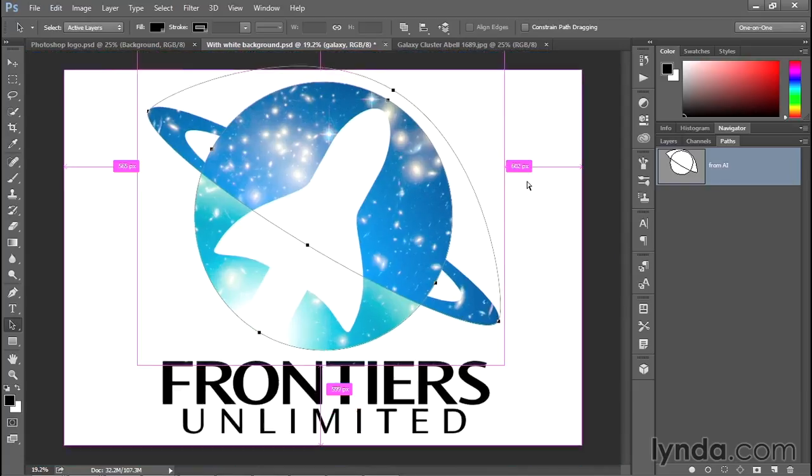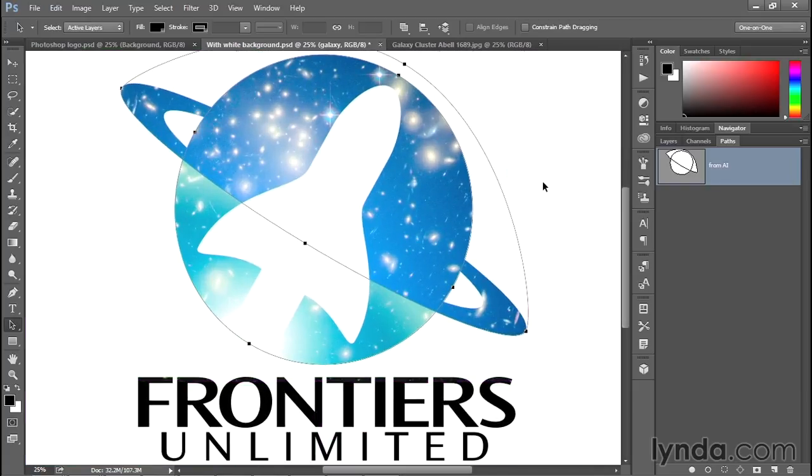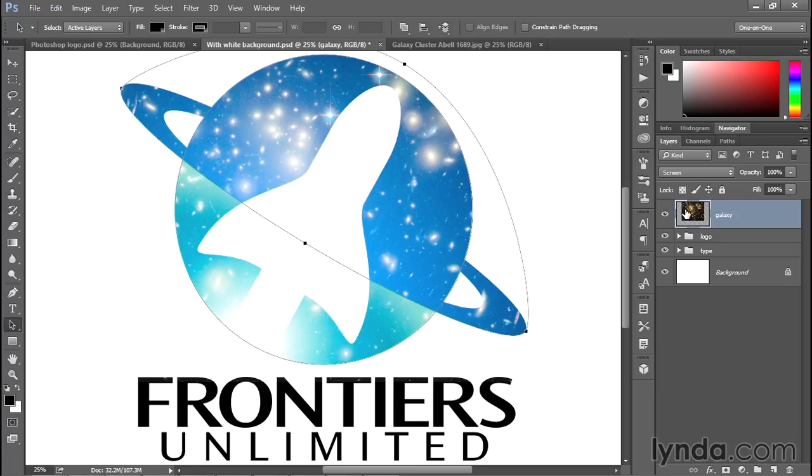So now I'll go ahead and press Control-0 or Command-0 on the Mac to zoom out, and I'll click off the path outlines to deselect both of them. And I'll now click on just this path outline here. This is really the only one we need. And then I'll switch back to the Layers panel, and with that Galaxy layer active, I'm going to drop down